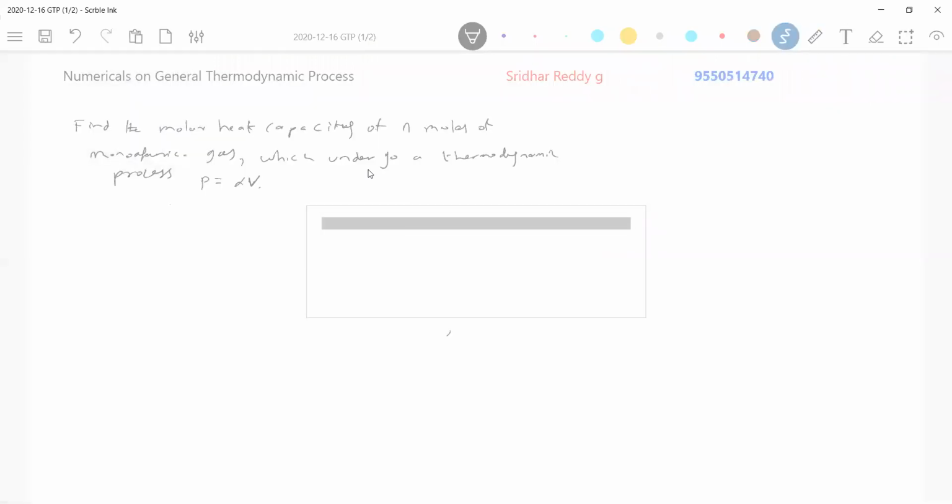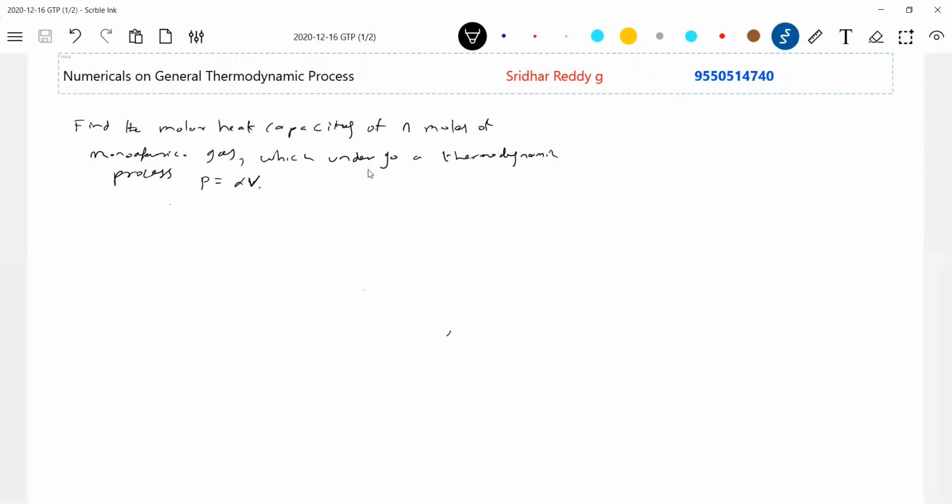What do you mean by molar heat capacity? Okay, let's go back to the calorimetry we have started. For a gas, I supply Q amount of heat. It was at temperature T1. After some time, on absorbing heat Q, it will attain a temperature T2. Q is equal to number of moles n, this is C, C delta T. And this molar capacity you can define as Q by n delta T.